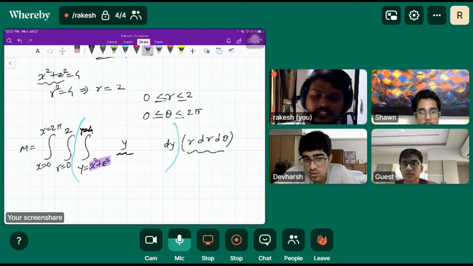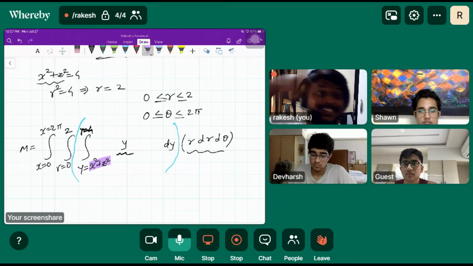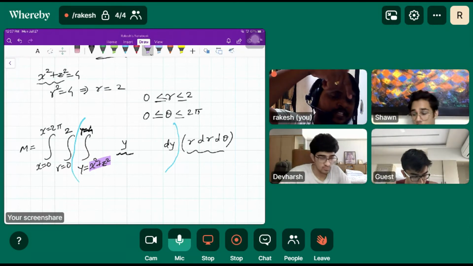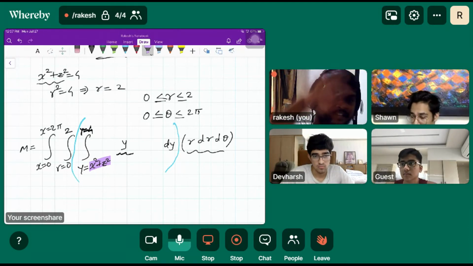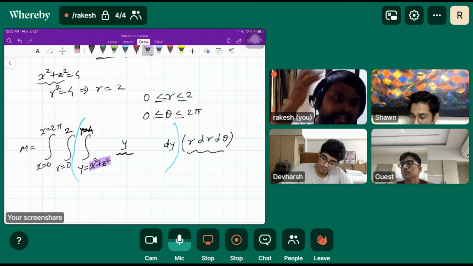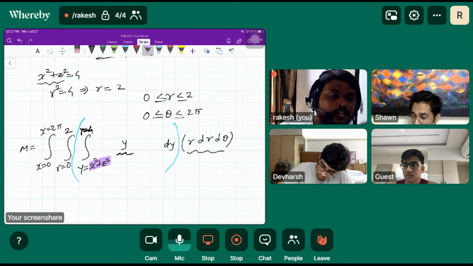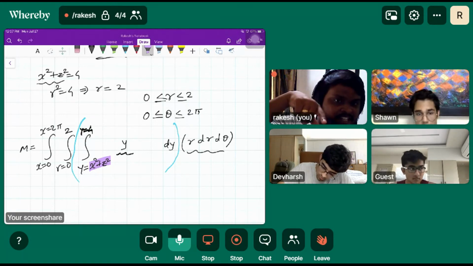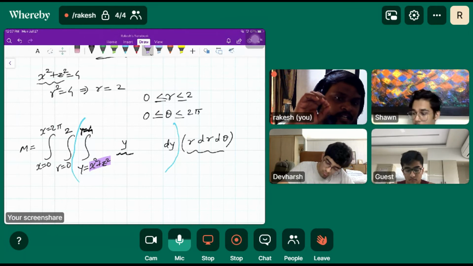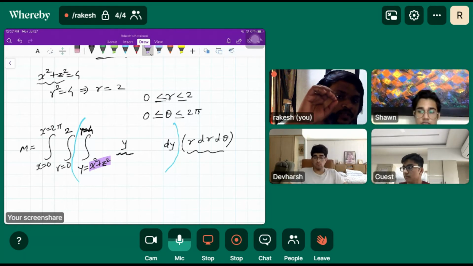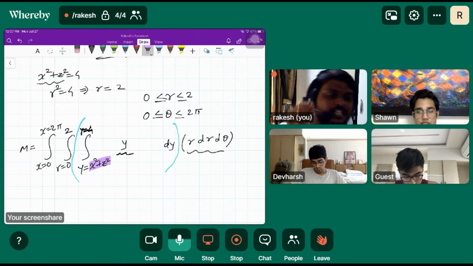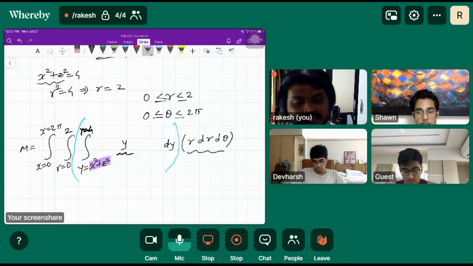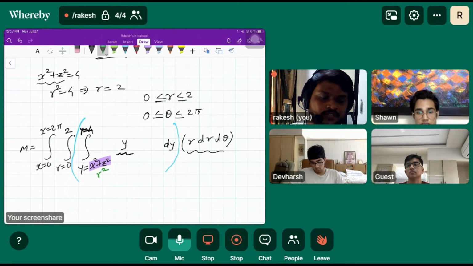Because the next integration is basically with respect to r, we should not have any other variable like x, y, z. That has to be converted into polar form. The inner integration has the lower limit y equal to x square plus z square, which has to be converted into polar form. So what is x square plus z square? That is just r square. Okay, this is very important.